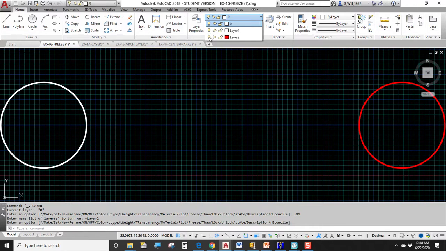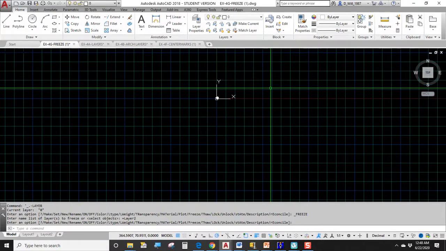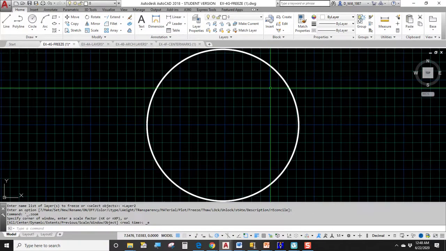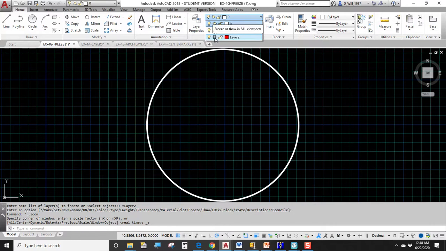Okay. Well, what are we going to do with the sun then? Well, the sun will freeze those geometric elements. So I'm going to zoom all the way out and then double click the wheel. Whoa, so look how this is different now. It didn't stick the circle in the left corner of the screen and leave room for the red circle on the right that we don't see. See, it's totally forgotten about the red circle. So the difference between freeze and thaw